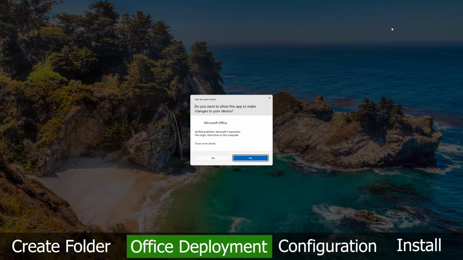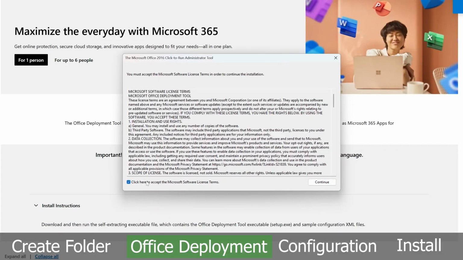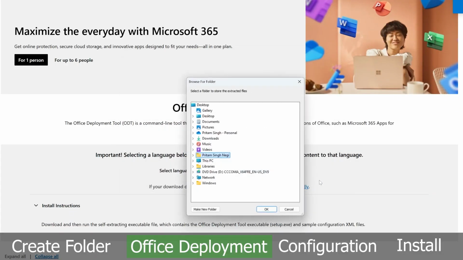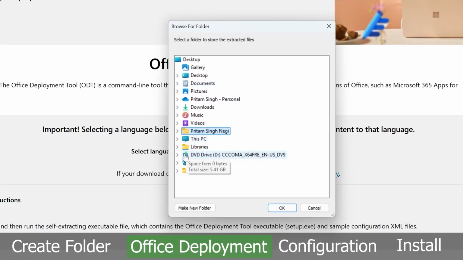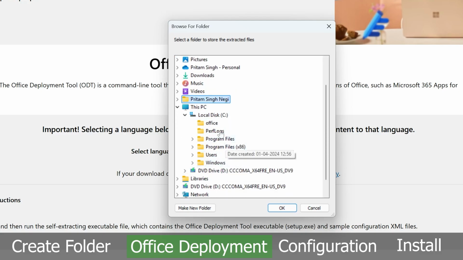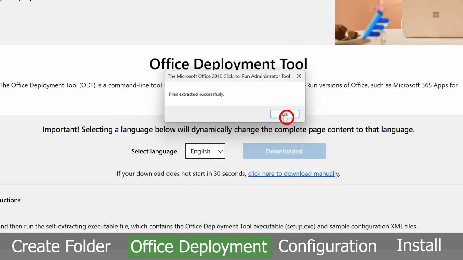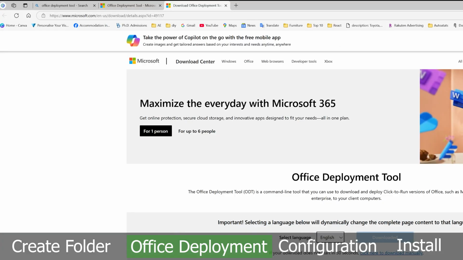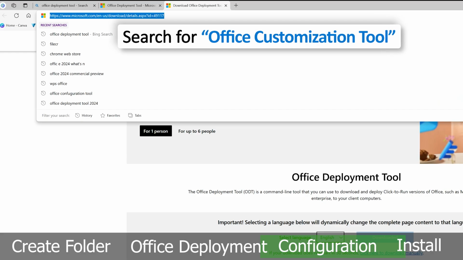Now run it, click on accept, then continue. Now go to this PC, C drive, and the Office folder that we have created. Click OK. Now again click OK. Now again type here Office